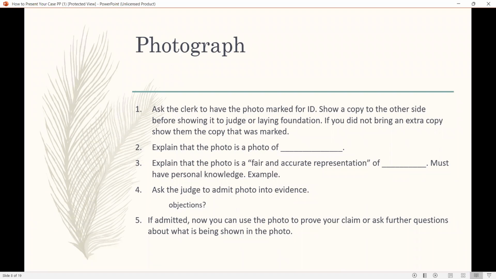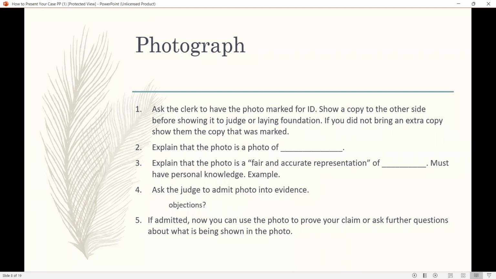You must have personal knowledge of what's being depicted in the photo. So you don't have to be the person who took the photo, but you do have to be familiar and have seen what's being represented in the photograph in order to truthfully tell the court that this is what the car looked like on the date in question. And finally, you remember to ask the judge to actually admit the photo into evidence,